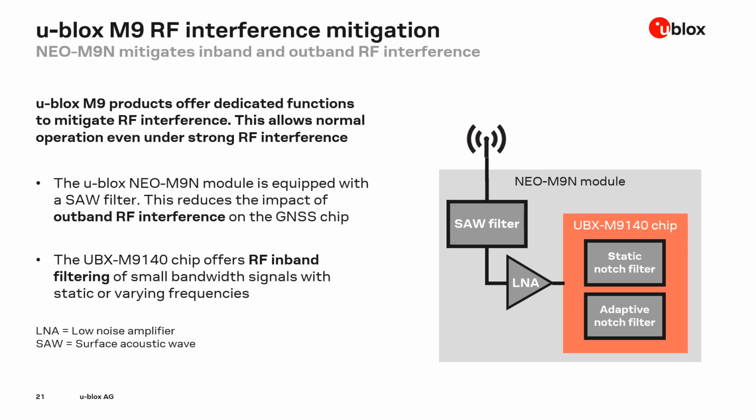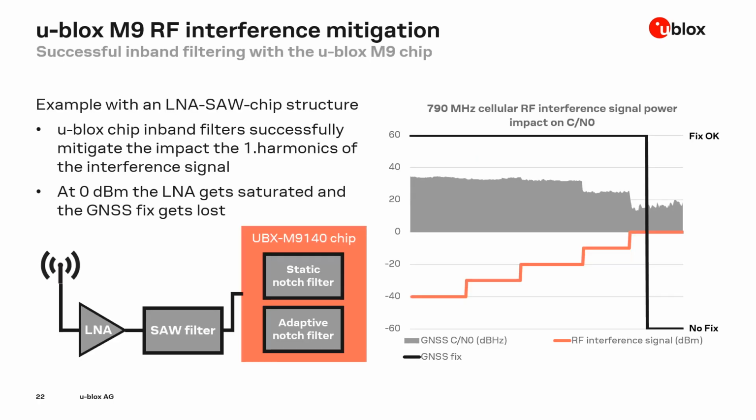And then there is the chip. The chip has to handle the in-band RF interference by some filtering, and the filtering is basically part of the chip and the firmware. The filters we put in here can handle some small bandwidth signals with static or changing frequencies. And on the next slide, we go into detail and have a look at how the u-blox M9 chip can do